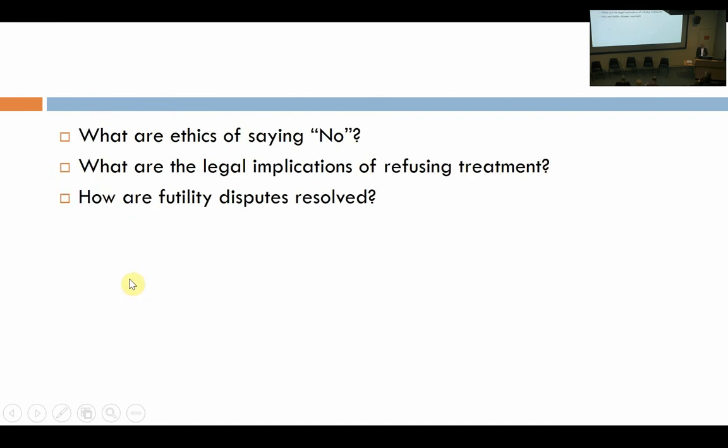And really, the things that I hopefully will address in the next few speakers is the ethics of saying no, like the second patient where Phil felt that I should have operated. So what are the ethics of saying no? Because in effect, I have deprived him of an opportunity that he may have made it through that particular ordeal. The next thing is the legal implications, and what happens if there are disputes among the anesthetists and the surgeons about